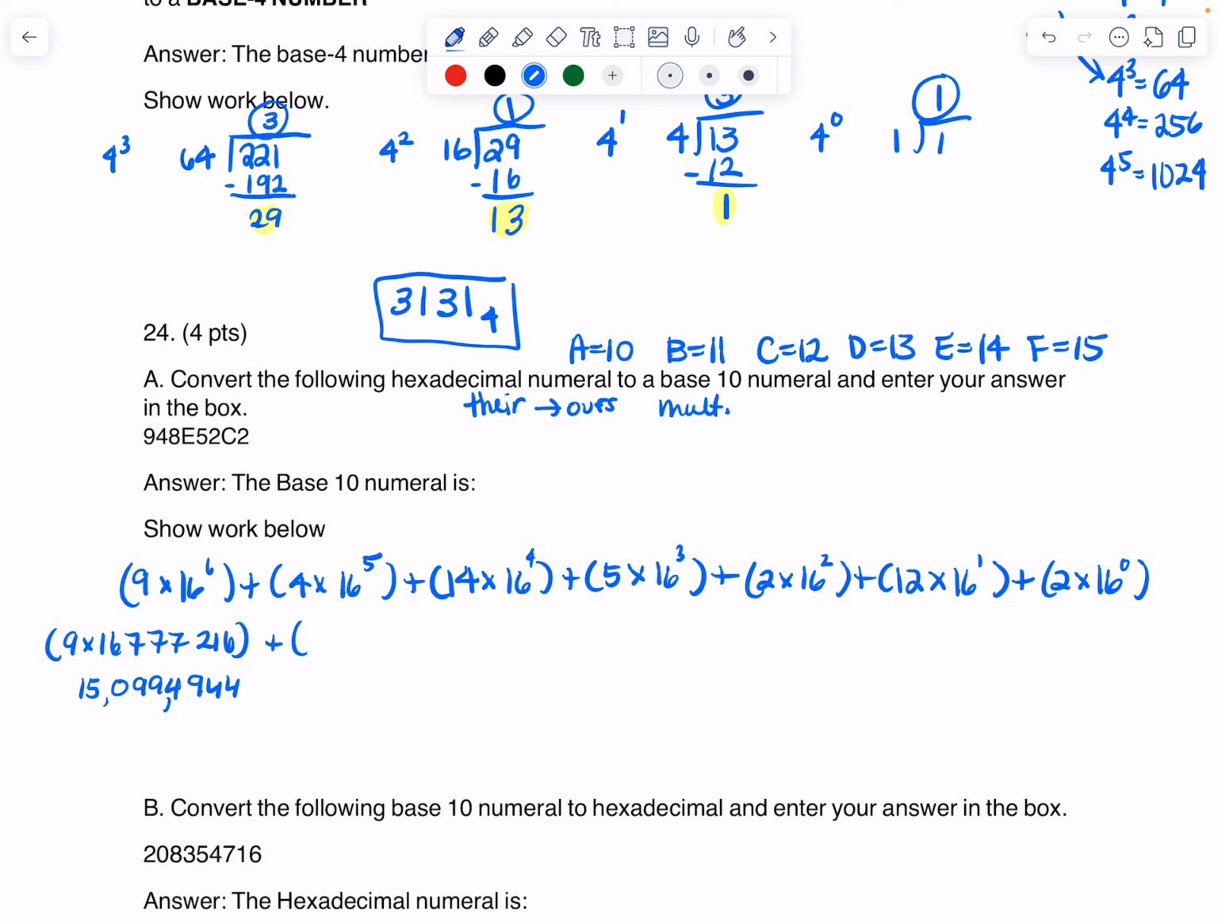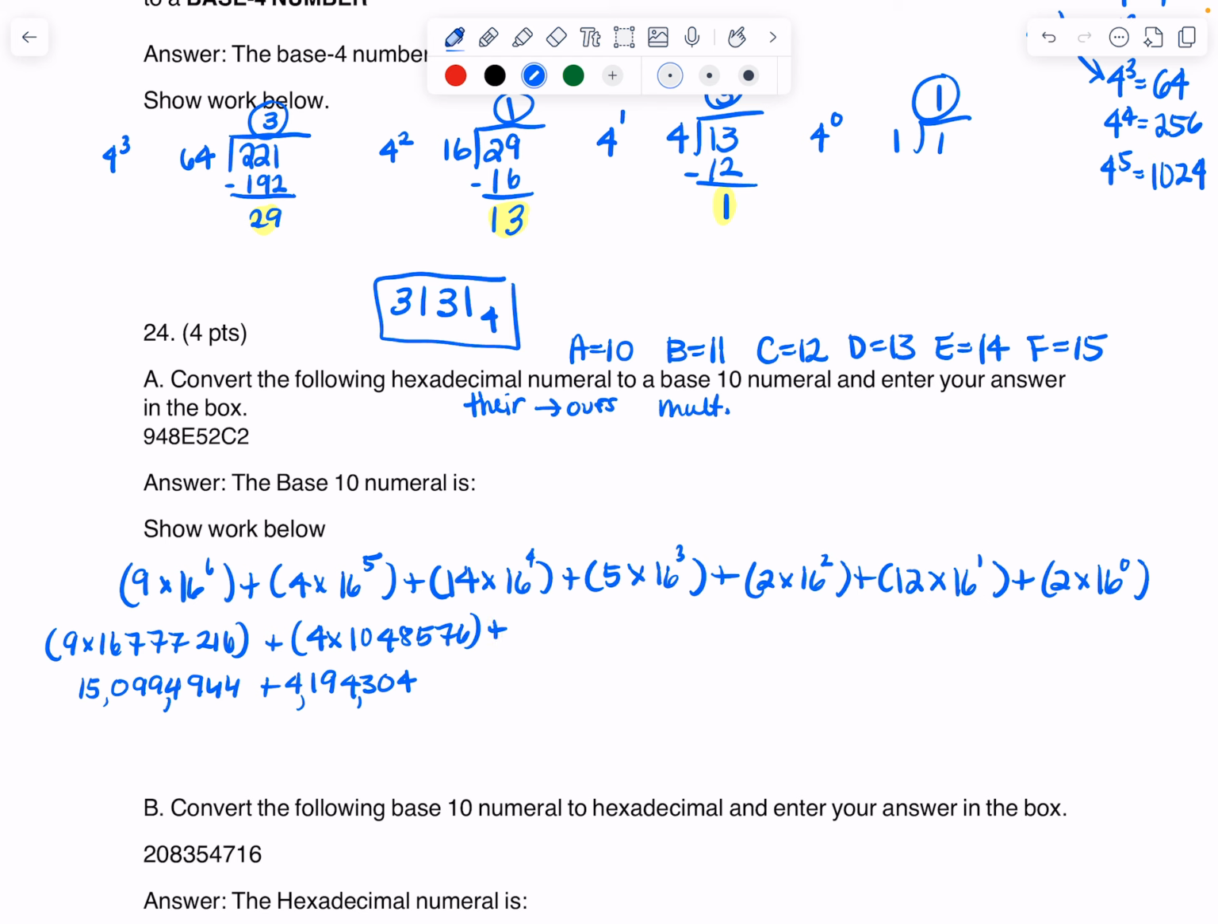Plus. Now I have to find out what 16 to the 5th is. So 16 raised to the 5th power is 4 times 1,048,576. So multiply that by 4 in the calculator, and I get 4,194,304. So again, putting in commas,